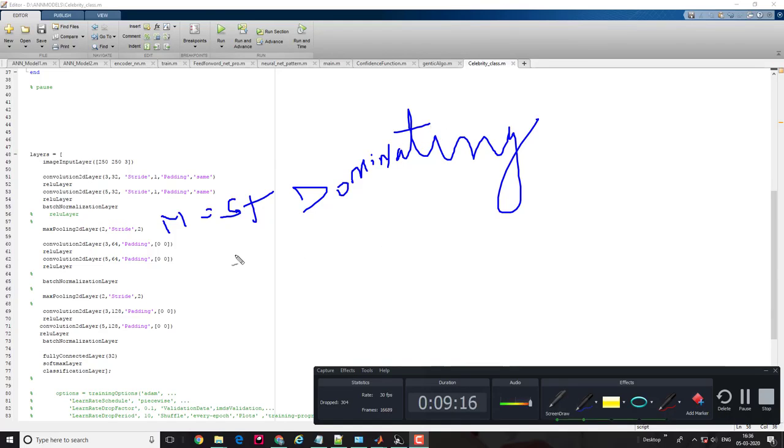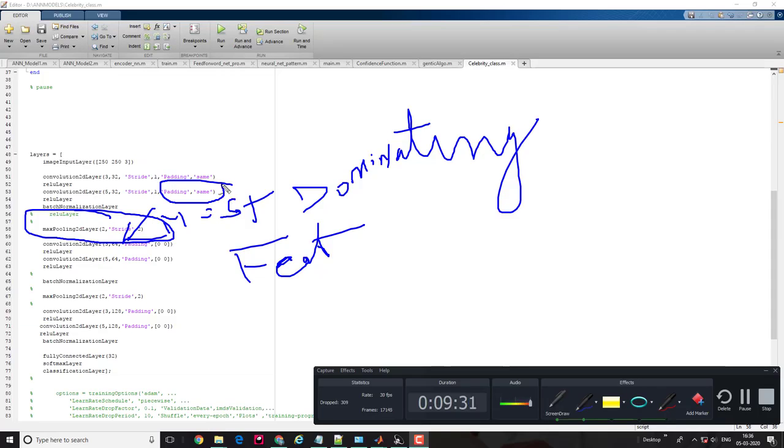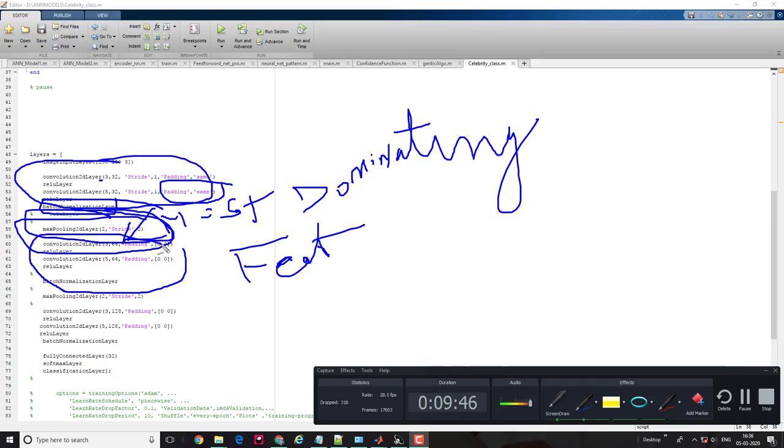It's an important part when you design your convolutional neural network. Padding same means you just add a layer on the corner of the images so that it won't miss any pixel information. So this is my first block of the convolutional neural network. Thereafter batch normalization, after that max pooling, and similar things keep repeating.